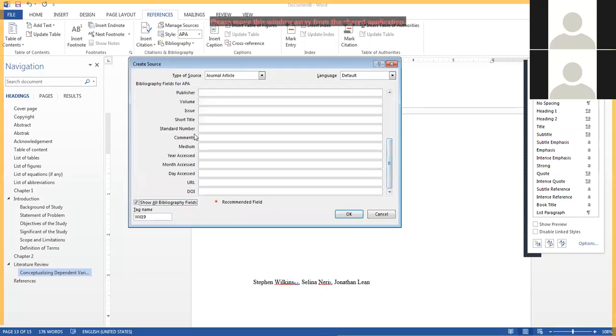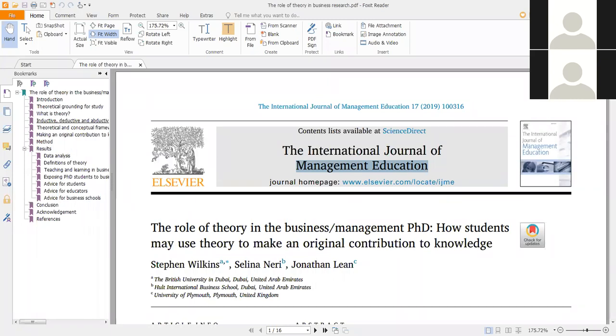Okay, this one I insert the volume 17 and then issue. Some journal articles, when you refer to the hard copy or the soft copy of the article, do not state the issue.